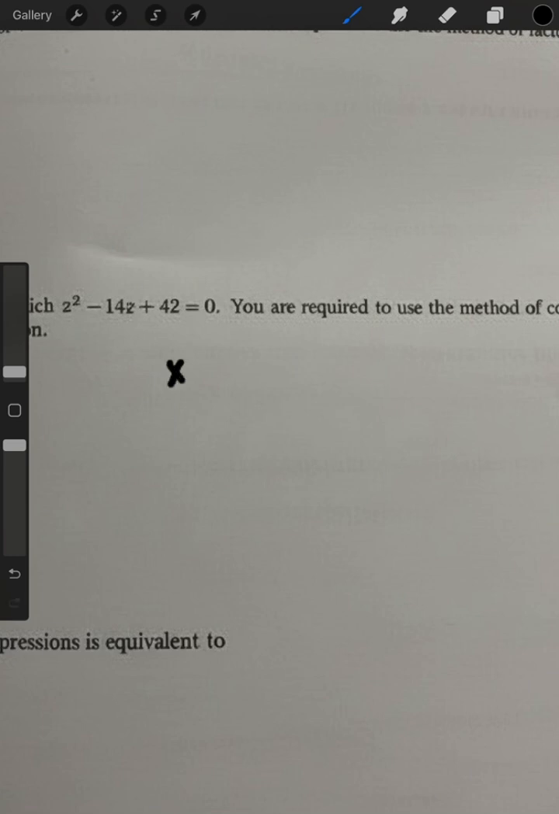Okay, I'm solving x squared minus 14x plus 42 equals 0 using completing the square. So I want to turn the left side into a perfect square trinomial. So the coefficient of x is negative 14. So half of negative 14 is negative 7. And squaring that